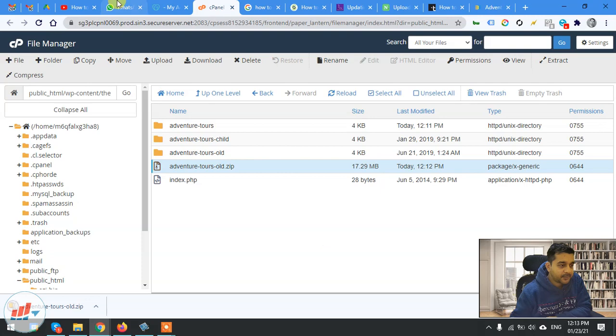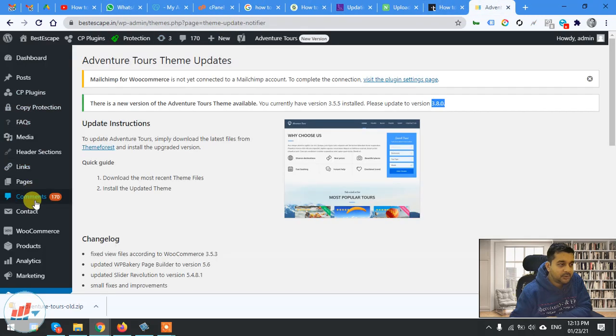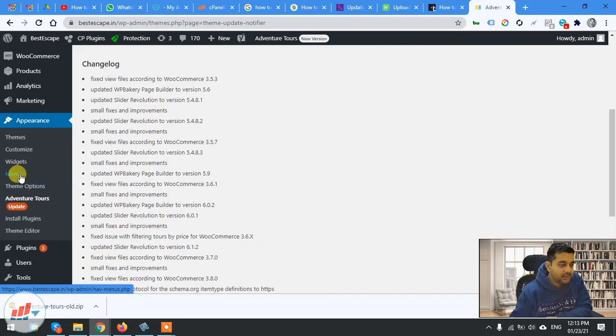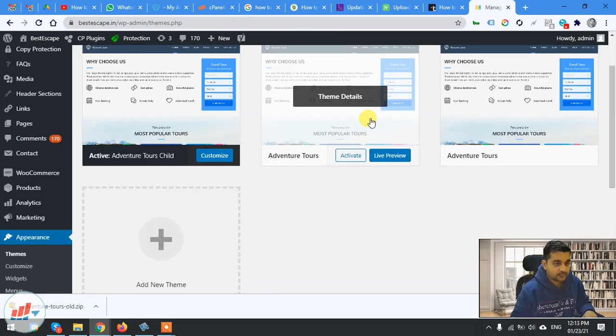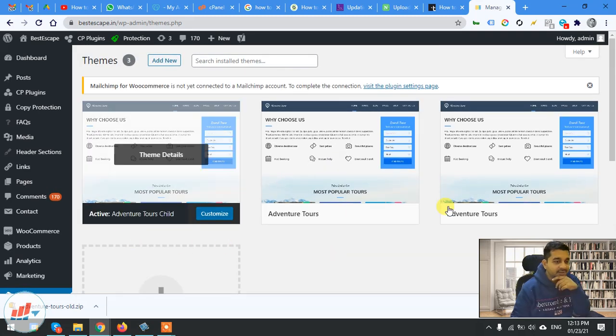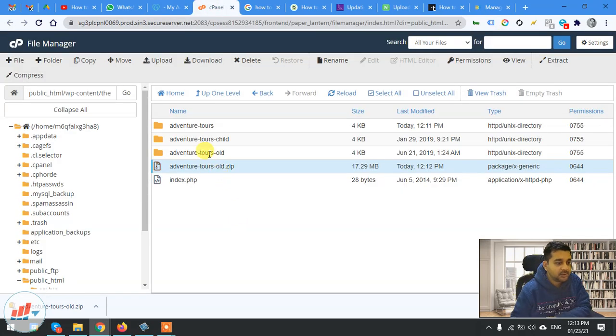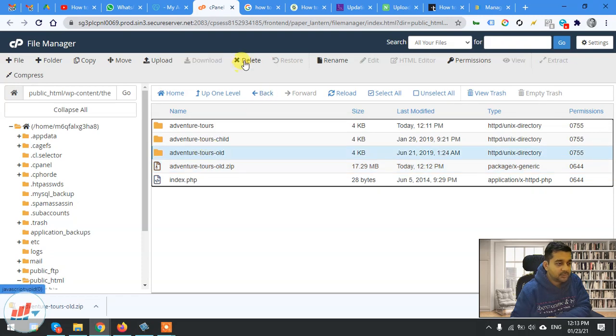Okay, and now if we go to our particular website, and here under appearance and themes, we can see what themes it is showing currently. So currently it's showing us 2 themes here. So what we can do is delete the old one, try deleting it.